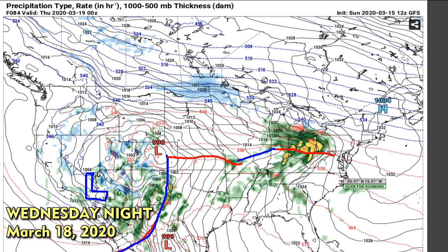Things start getting pretty stormy for Wednesday night. Frontal system crossing the Rockies there, moving into eastern New Mexico, and you can see that the cold core low has advanced into Arizona. So we're going to see things start to improve in California, but it still will be a little bit on the cool side in that area. The Gulf is definitely wide open. You can see that to the south. Good gradient coming onshore,